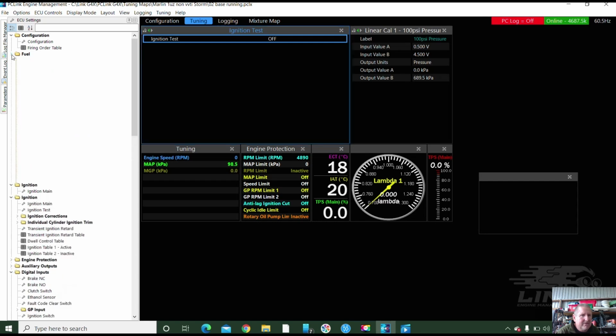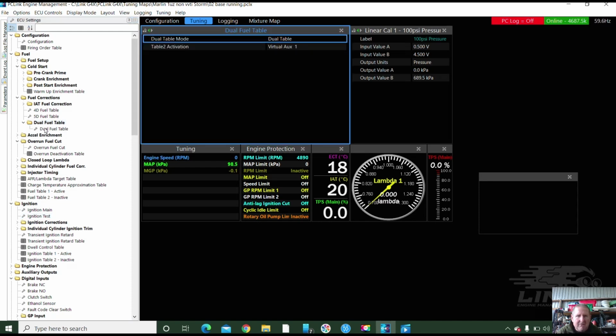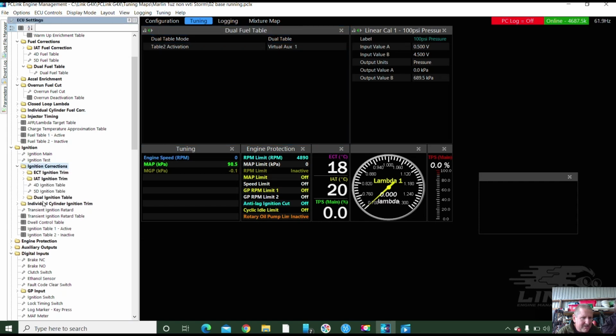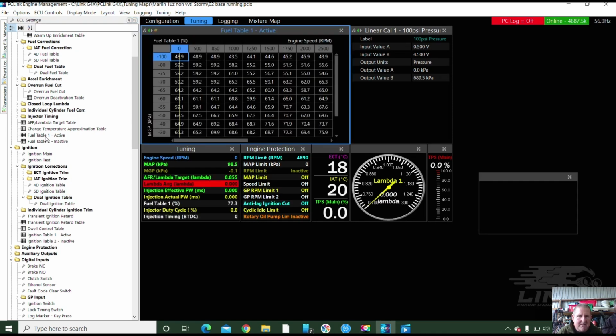Fuel injector test. I don't know where my fuel tables turn over. Just wait, let me double check where my dual fuel tables are. Virtual auxiliary 1. So I've got an ignition there, I've got a dual ignition. Virtual auxiliary 1. And if I look at my table,